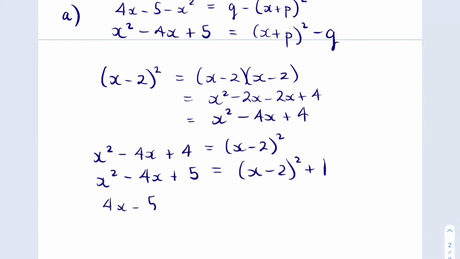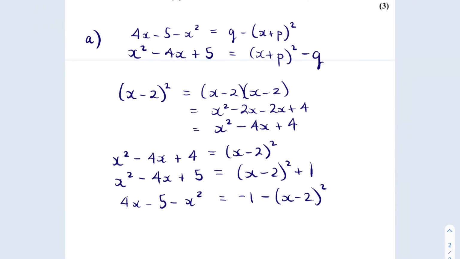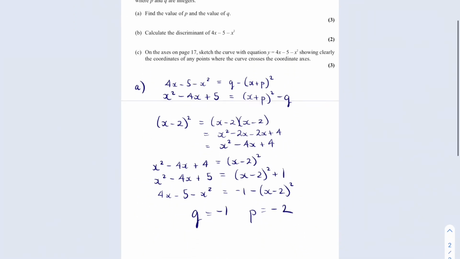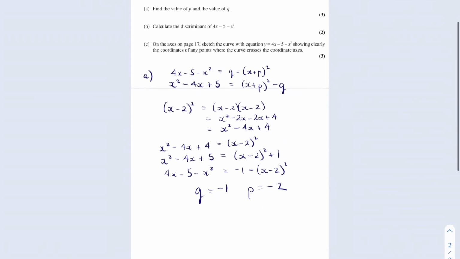So let's go back to the original. 4x minus 5 minus x squared is equal to minus 1 minus (x minus 2) squared. So your q is minus 1 and your p is minus 2. So that's part A complete. So part B,